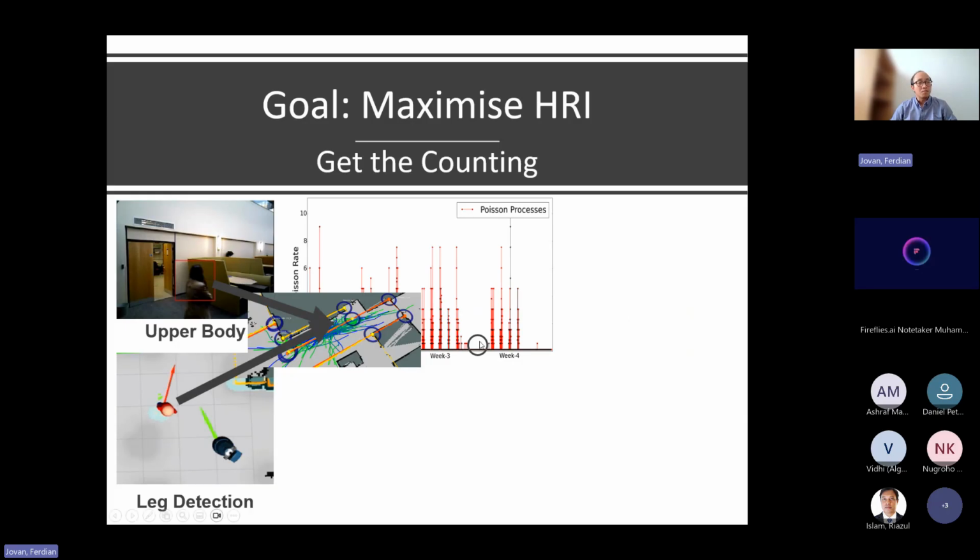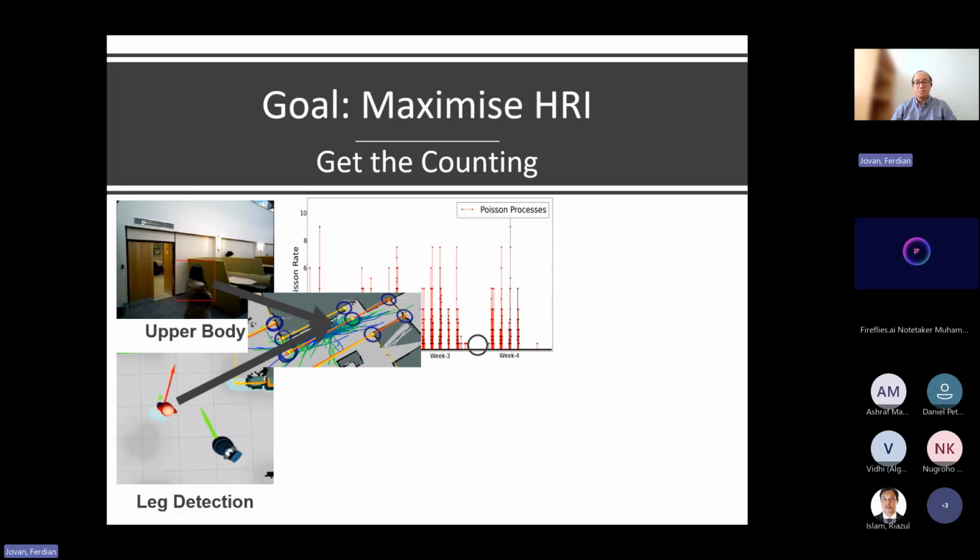Because definitely you have missing data there. Let's say in 1 minute you expect to see 10 people maybe in the kitchen. The next minute it's just nothing. It's not because people just disappeared, it's that the robot probably moved on from that place. So you cannot really say how many people are there. That's the missing data.